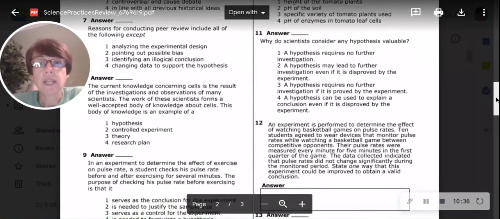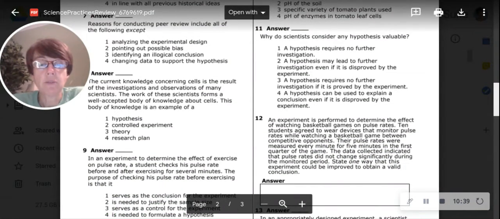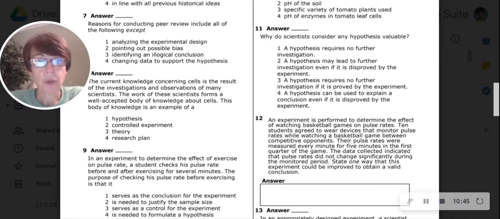Number 11, why do scientists consider any hypothesis to be valuable? So a hypothesis requires no further investigation. That's not true, right? You can do a hypothesis and test it multiple times to see if you get the same result. A hypothesis may lead to further investigation even if it is disproved by the experiment. That is also true. So rejecting your hypothesis doesn't mean things stop. It just means that you might have to change something about your experimental design, check for possible sources of error,